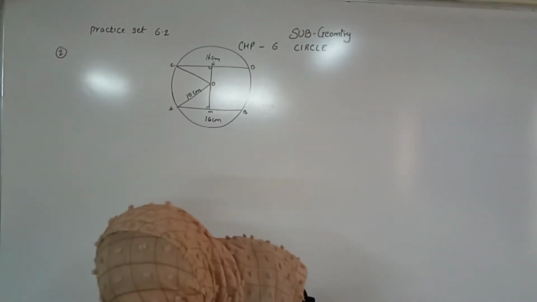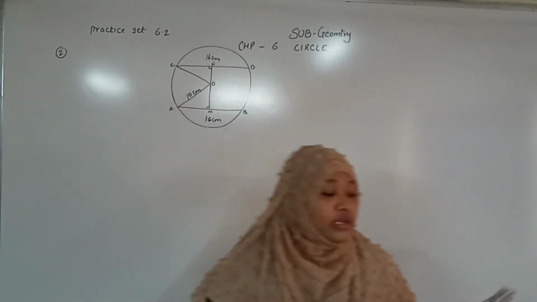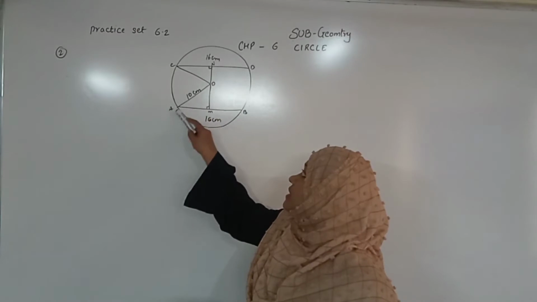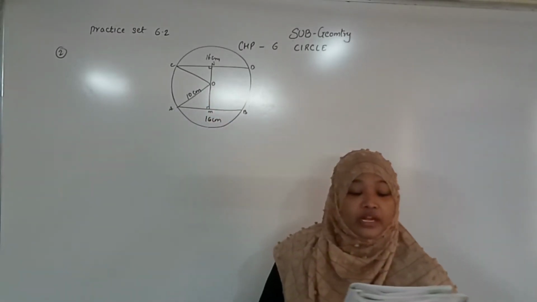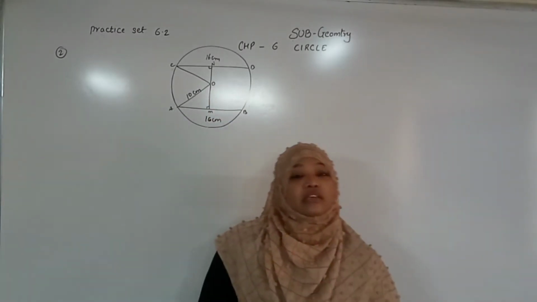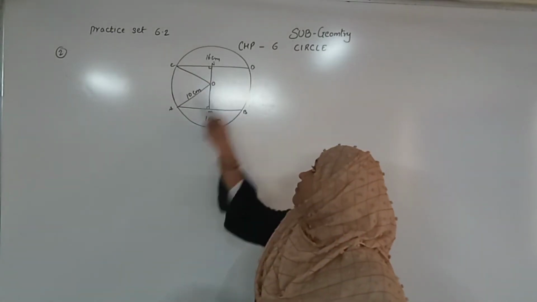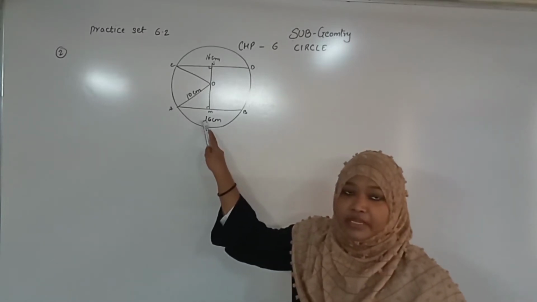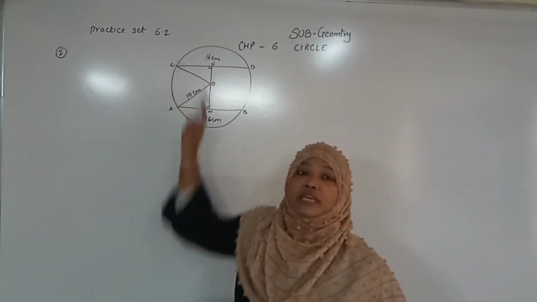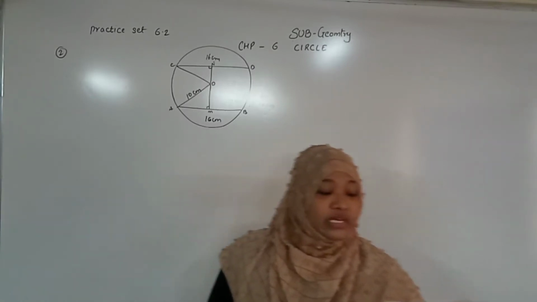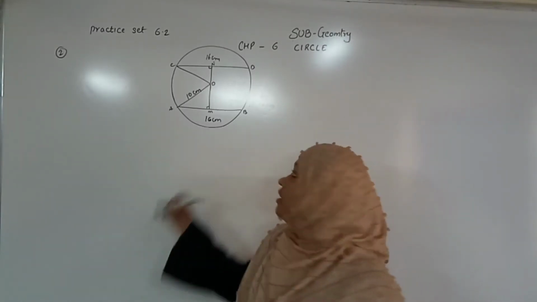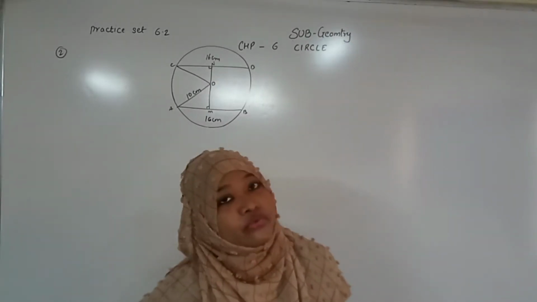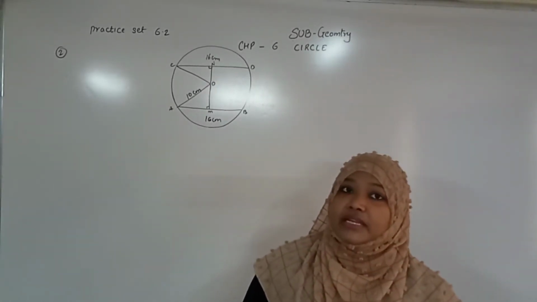See, I have drawn the diagram according to the question. What is the question? The radius of a circle is 10 centimeters, and there are two chords of 16 centimeters each. Now what is the length of both chords? 16 centimeters, right? So both chords are congruent. What will be the distance of these chords? We have to find the distance from the chord to the center of the circle. Then shall I start the remaining part?